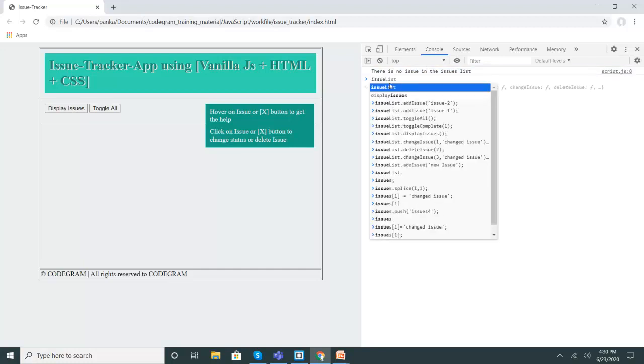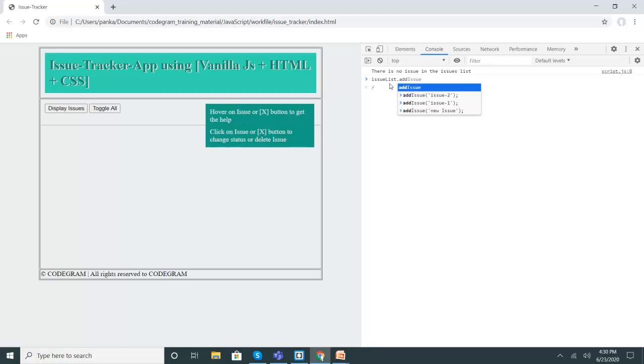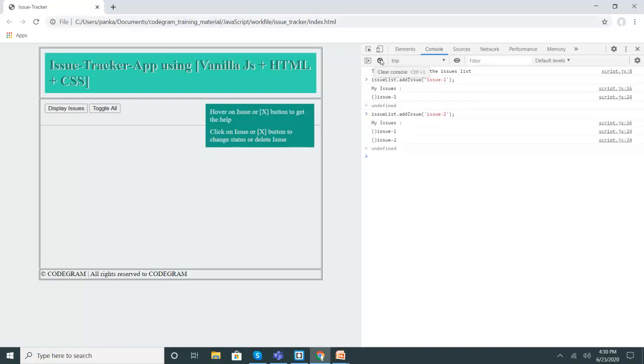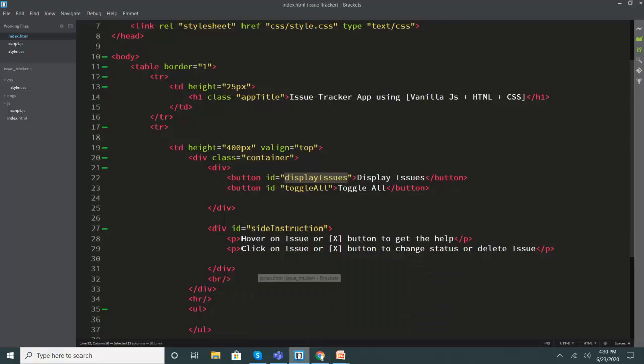Let us put this issueList.addIssue and issueList.addIssue. This is the second one. Okay, now what will happen with this, let us remove this and click on display issues. Now you can see you have issues available over here, right? Let us work on the toggle all feature and this way our requirements will be finished.